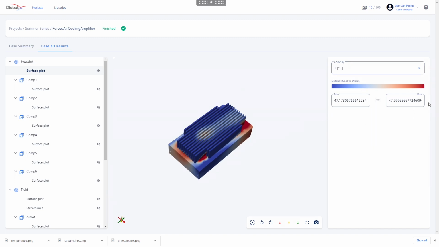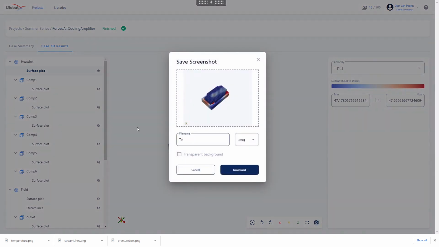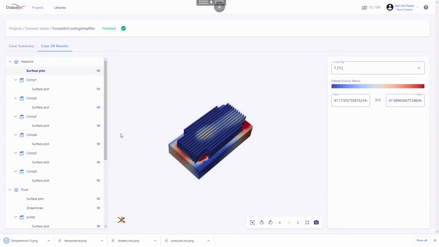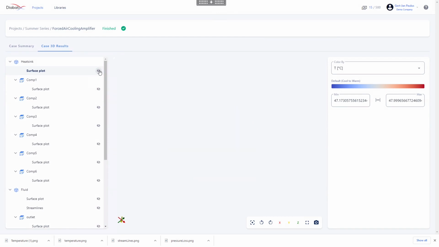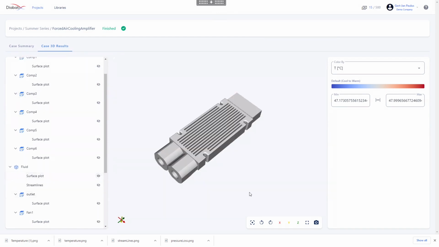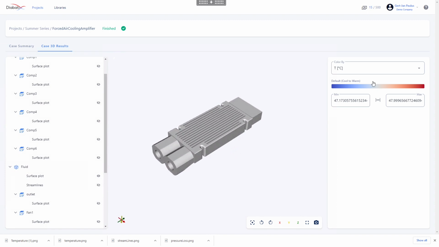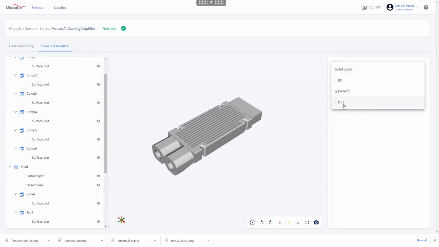Voila. You can also again change the scale if you want that, or you can change the color of how the results are visualized. Let's take a screenshot again. And let's hide it. We can again take some pictures of the fluid as well. So let's select that and